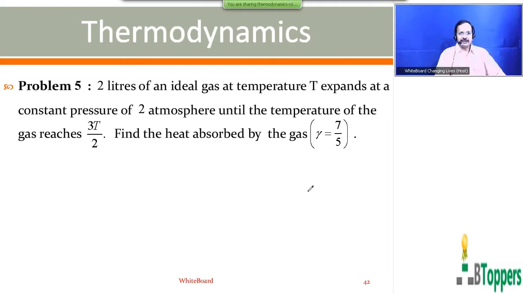So in the previous class, I discussed isobaric process and some numerical problems based on isobaric process and the first law of thermodynamics. I discussed problem 5, which is still seen on the screen. So in this class, I would like to discuss how we can calculate the molar specific heat of the gas at constant volume if you are given the molar gas constant,